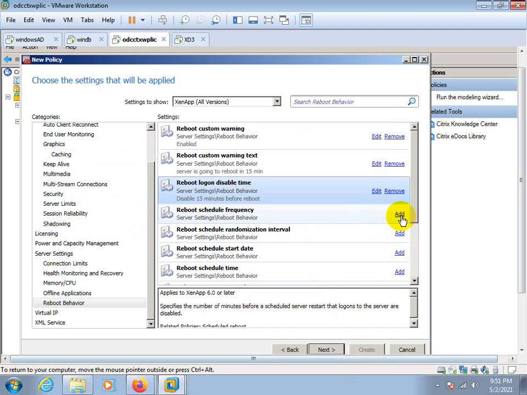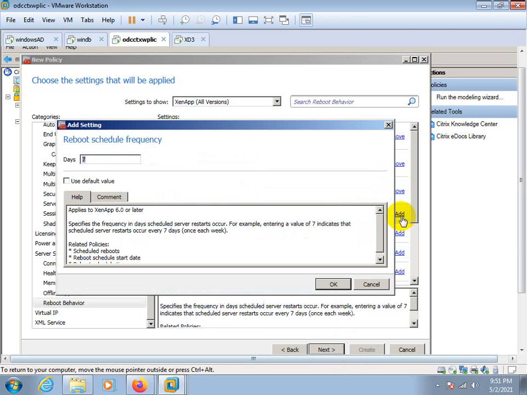Then reboot schedule frequency. Reboot schedule frequency means after how many days you want to reboot the server. Means first reboot will be today and second reboot will be after how many days? Suppose 7 or 15. So 7 means every Sunday. If I'm putting it for 7 days, it means first reboot will be on next Sunday, and the next reboot will be on the next Sunday, and every Sunday the server will reboot.